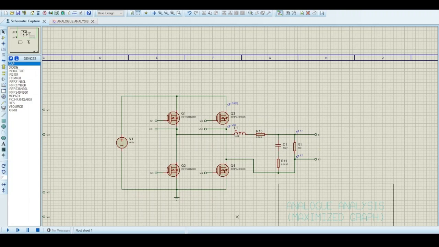In this video, I'm going to be talking about how to implement closed loop control of an inverter. In this case, I'm going to be using the PIC24 as an example. So this video is basically going to be covering how to go about the firmware for closed loop control of